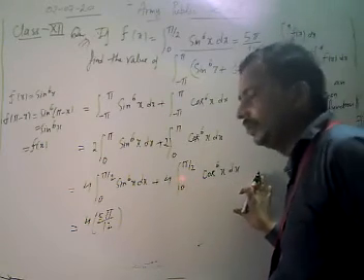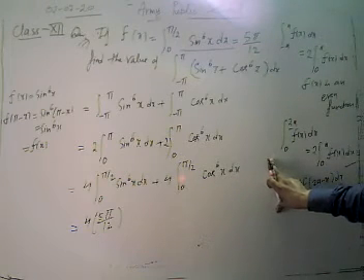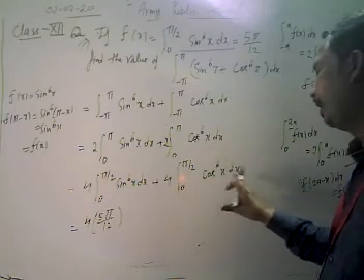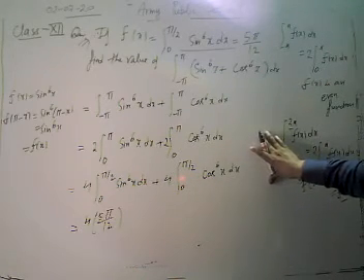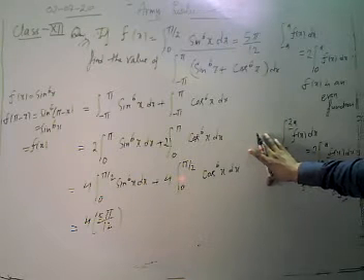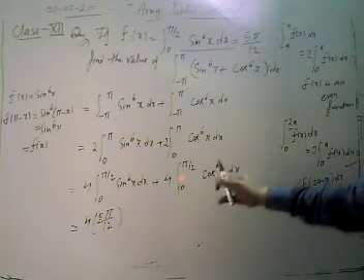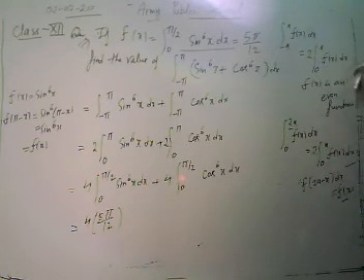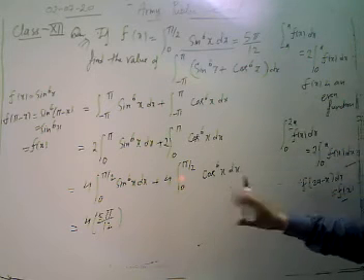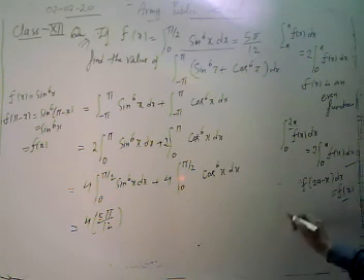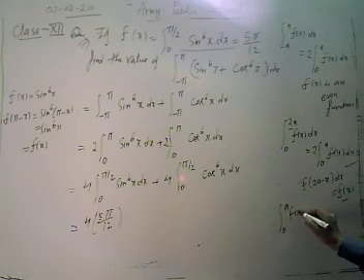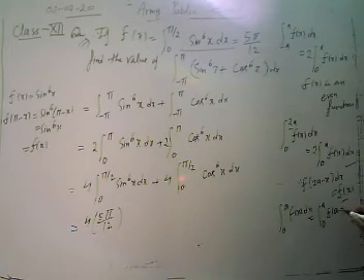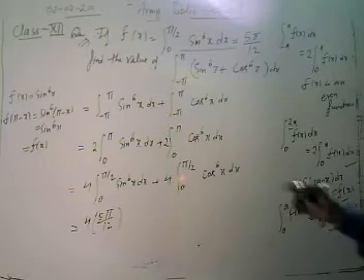Look, when you are going to solve it, it's cos to power 6x dx from 0 to pi by 2, and we are going to use our property here. In a single question we are going to use the first property, the second property, and here our third property: the integral from 0 to a of f(x) dx is equal to the integral from 0 to a of f(a minus x) dx.